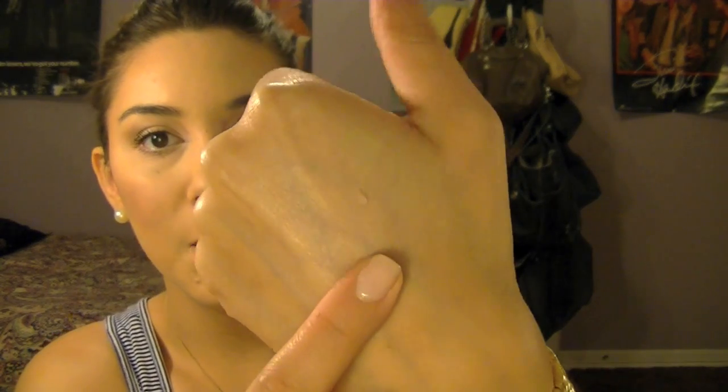I'll just take a tiny bit on the back of my hand. So there's that for you. And there's the product right there. So we see it's very, very small. I put a very small amount, but it dries very matte. And it just leaves this really nice cashmere finish to your skin. It's very soft and keeps your skin very matte. So I like to use that underneath